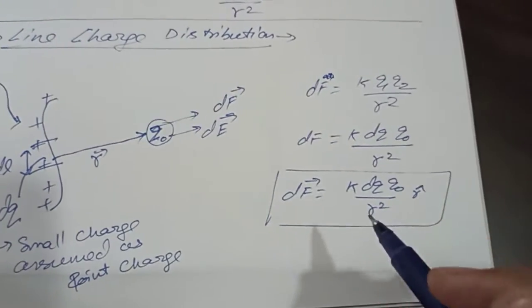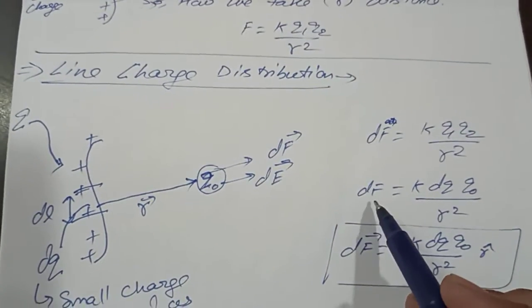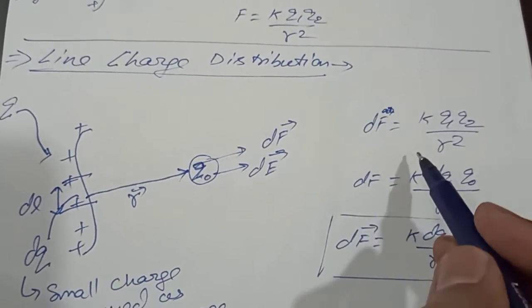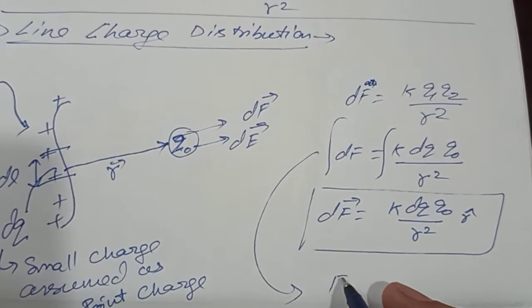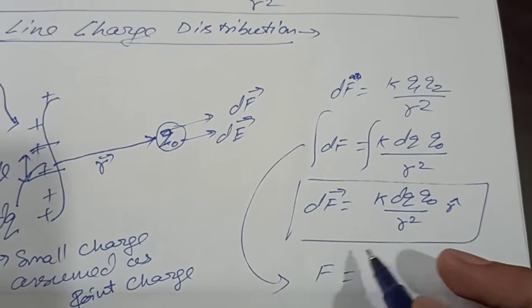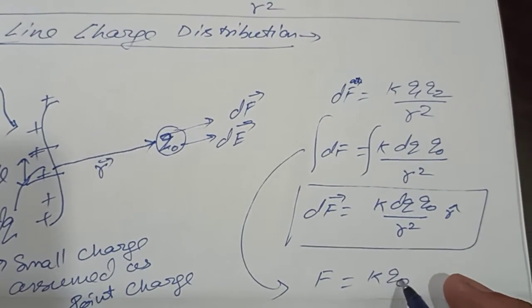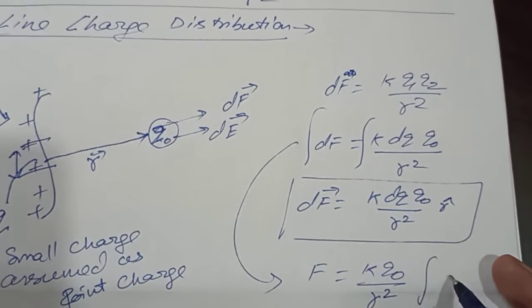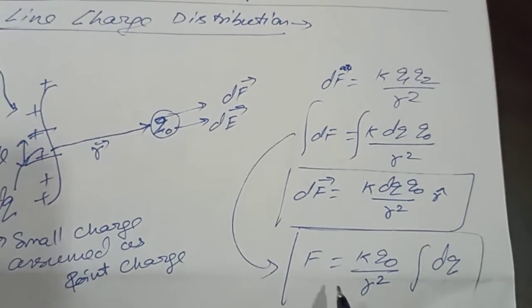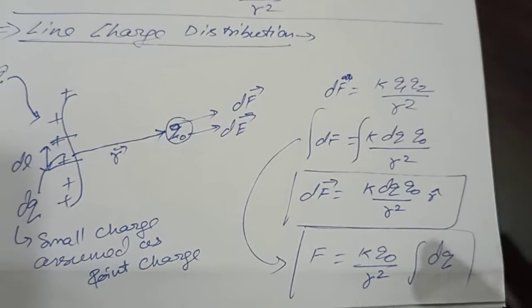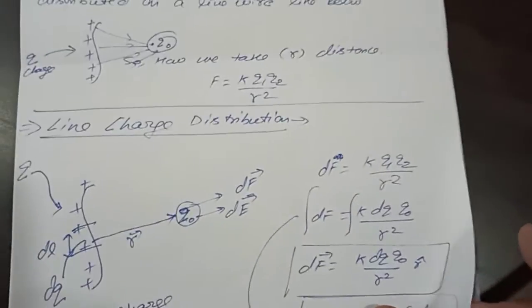Now if I want to calculate the total electric force, then I have to integrate on both sides, and the formula comes: integrating dF becomes F equals K Q0 upon R square, and here dQ is left. We do not keep dQ as Q; we will take that in a particular case. Now for